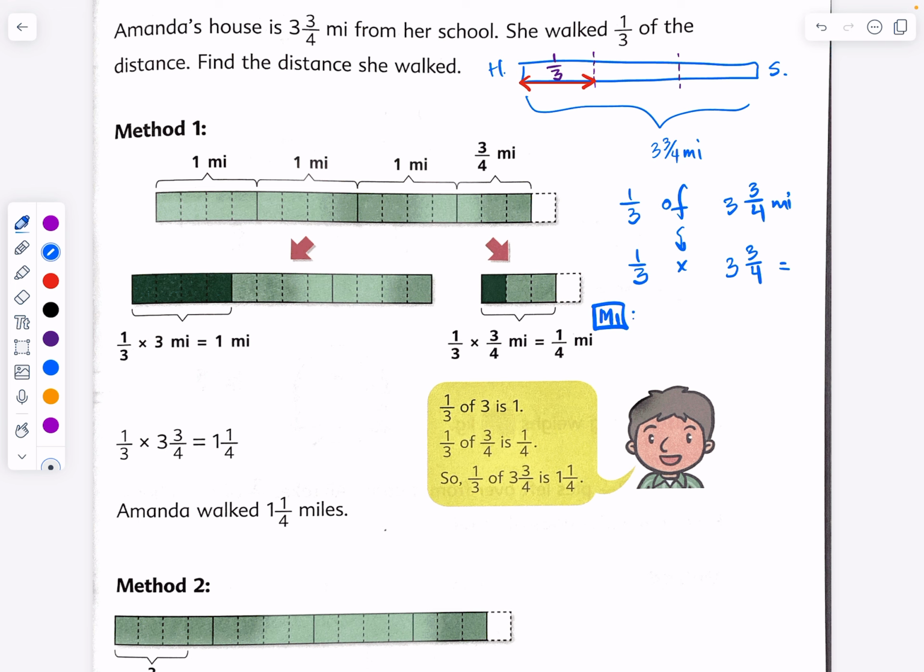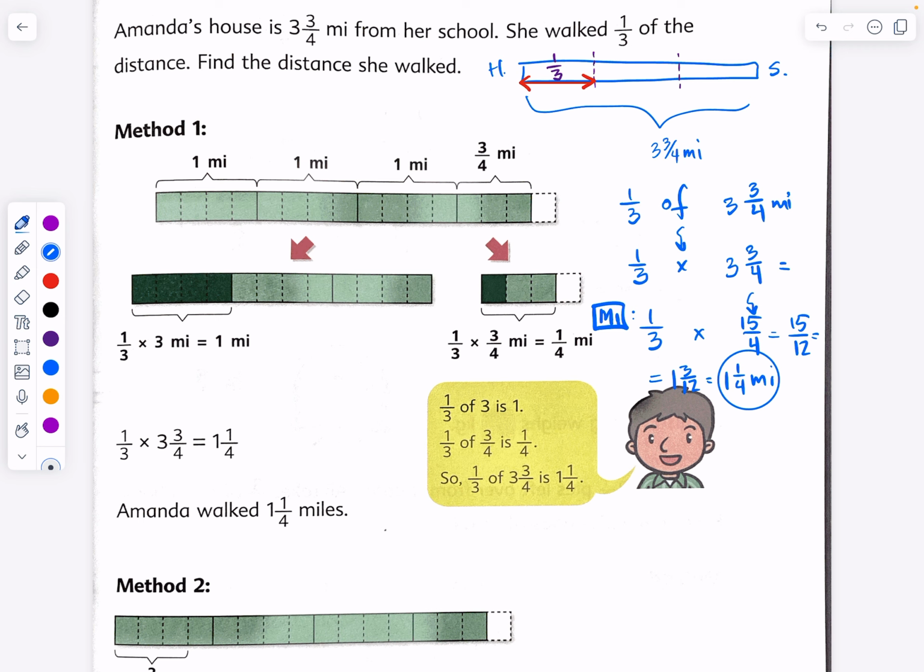1/3 of 3 3/4. Most of you most likely will convert the mixed number into an improper fraction, which is of course 15/4. And what is 1/3 of 15/4? It is 15/12. And 15/12 is the same as 1 and 3/12, which is the same as 1 1/4 of a mile, which is our answer. The distance that they asked us to find is 1.25 of a mile. Okay? Now, another way to solve this problem